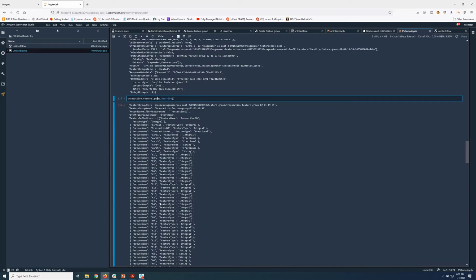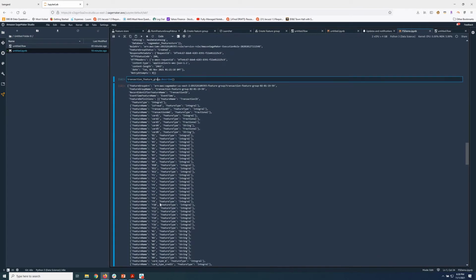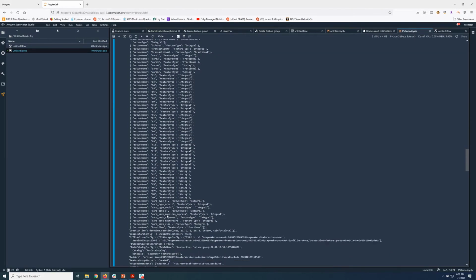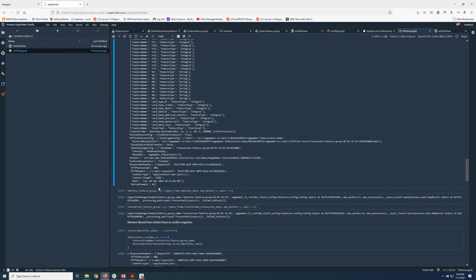So now you have created the two feature groups. You can see all of the data types in this, so how these feature groups look. Now what we are doing here is ingesting data into the feature group. This is the streaming ingest API we talked about.